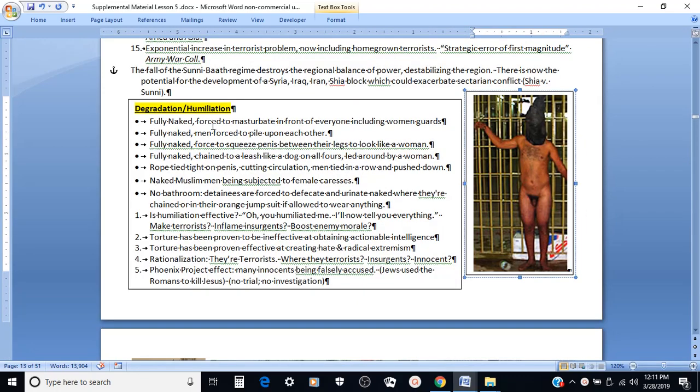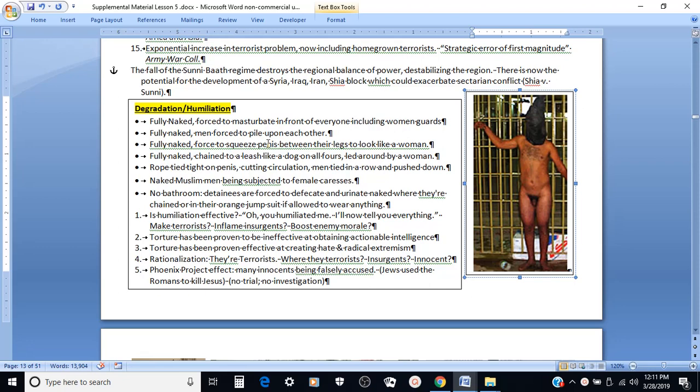All right, so these guys are naked all the time. They're always naked, right? They're fully naked, forced to masturbate in front of everyone, including women guards, right? Now, man, that's got to be embarrassing, all right? That's got to be humiliating. That's got to piss you off. Fully naked, men forced to pile on each other,